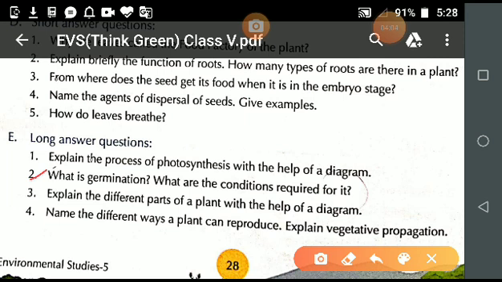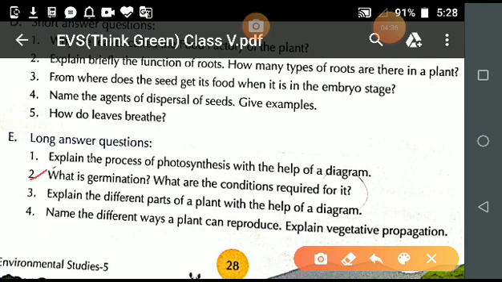And students, in the beginning the seed coat is very hard, but you put the gram seeds in water for the whole night. In the morning, what will you observe? You will observe the outer seed coat becomes very soft, and the size of the seed is also increased.